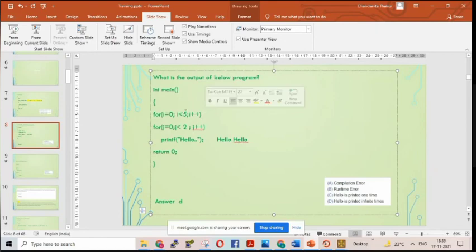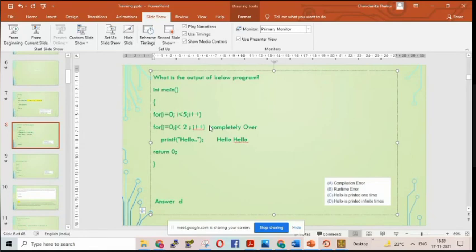Let me repeat. You are starting with the outer for loop. Your I equals to 0. Then taking I equals to 0, you enter inside. Now inside is another for loop, so that for loop has to be completely over. With this concept, your previous output will not be 4 times hello. We'll discuss that today.